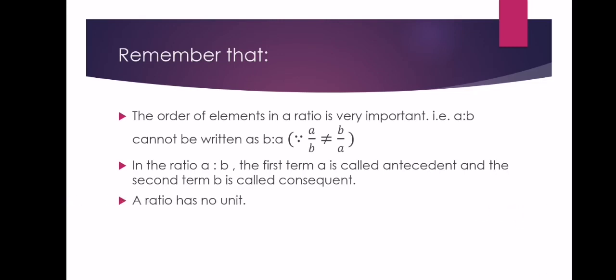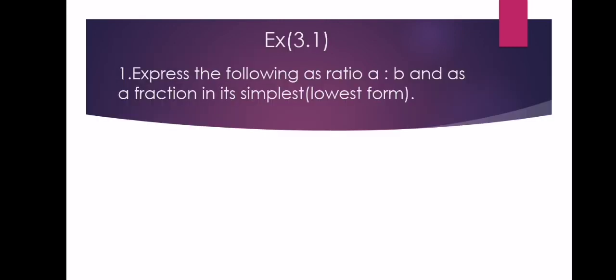Third important point is that a ratio has no unit. Now why the ratio has no unit? Since it is the ratio, or it is the comparison, or it is the relation between two similar quantities having the same unit. So unit in the denominator and unit in the numerator is same, cancel out each other, and we are left with no unit in the resultant term. So these are the important points which you will have to keep in your mind while solving the sums related to ratio. Now we will solve the sums related to ratio.